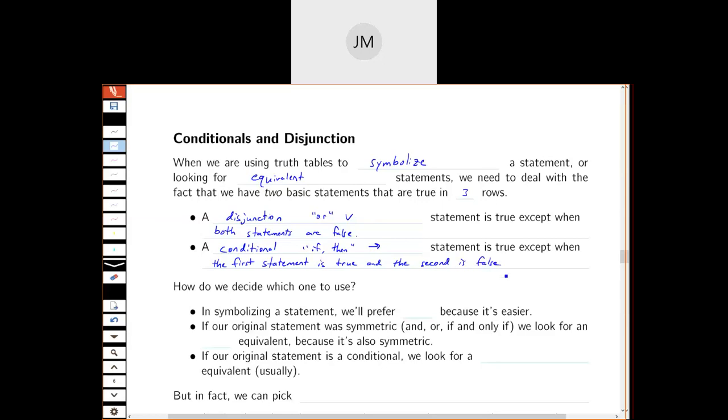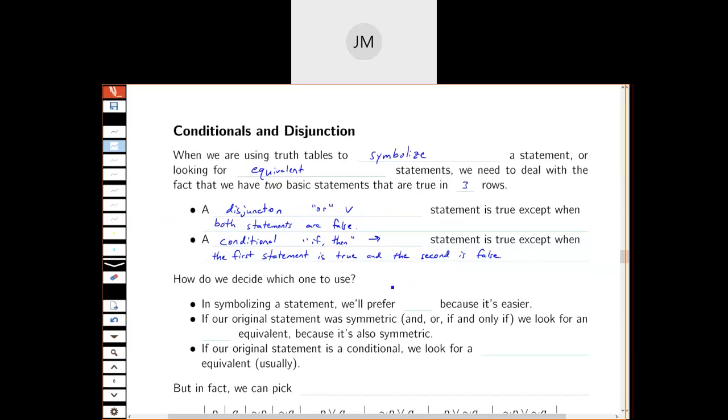Okay, so that's the only row where it's going to be false. So it's true in the other 3 rows. All right, when we're symbolizing a statement, how do we decide which one to use? So in symbolizing a statement, okay,